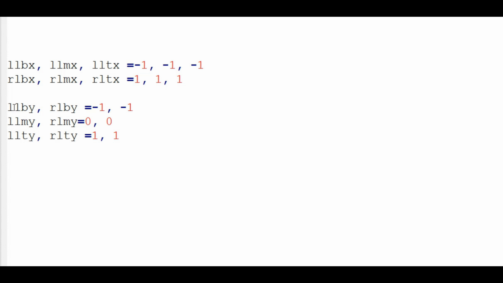For example, I am illustrating the codes. LLBY stands for left limb bottom y coordinate, and RLBY stands for right limb bottom y coordinate. So you can see this is an H bounded between -1 and +1 with the middle point lying at 0,